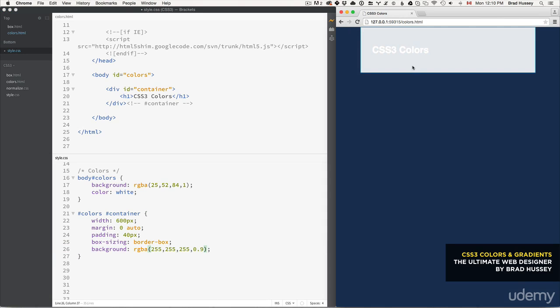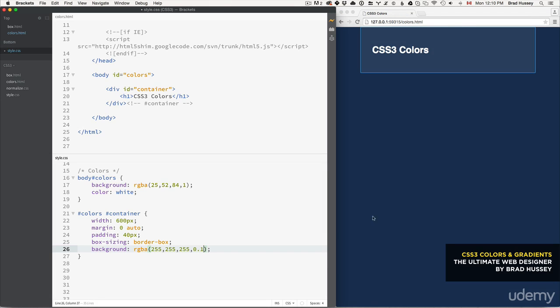So this is a little less transparent, and this would be very transparent. As you can see, it's very subtle. I'm going to remove that little border there. There you go. You can see, and so it's kind of neat because you can actually play with transparency now. And so if you were to have a background image behind here, you'd actually see the image through this transparent